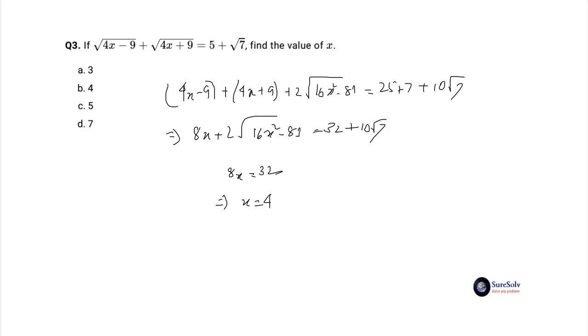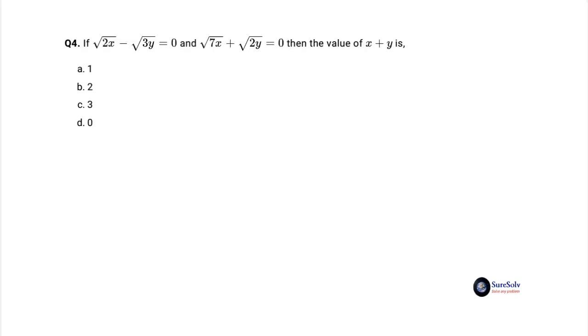You can also verify this result by equating the square root terms of LHS and RHS or substituting value of x, which is easier and faster. Answer is option B, 4. Important concepts and techniques that we have used for solving the problem are mathematical reasoning, limiting square root terms on both sides of the equation to 1 by raising the equation to its square, and comparison of like terms. Let's solve the next question.